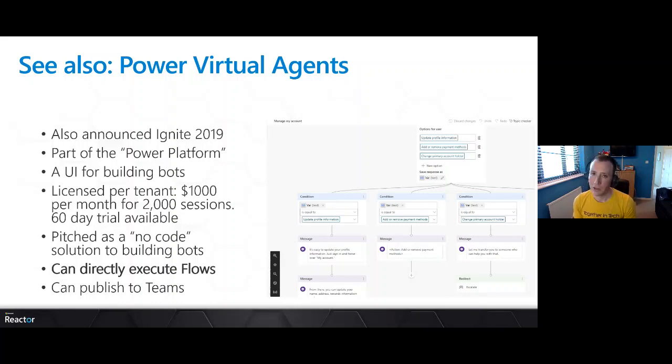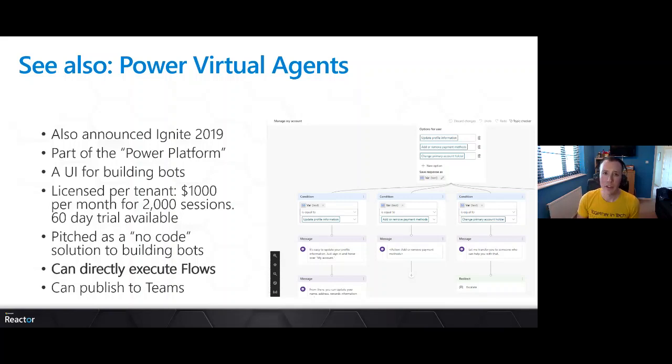They've got built-in support as well for handoff to human and stuff like that. They are a bit more of a black box. So if you want to be able to drop into the code, I would go look at Bot Framework Composer. These are a service, like I say, part of that low-code, no-code Power Platform, so they are a bit more black box. They are licensed, so there's a cost to using them, basically, in the way that there isn't really for the Bot Framework Composer, other than obviously the Azure hosting costs you need to bear in mind. To use the Bot Framework Composer, there's no cost.